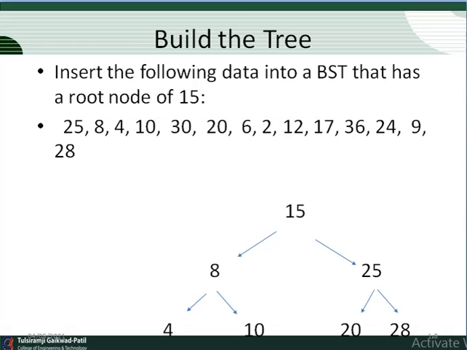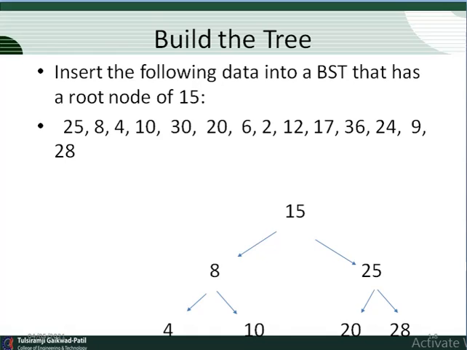Next, how to build a tree that looks like this. If the elements are given such that we insert the following data into a binary search tree that has a root node of, say, 15, and the list of elements is given to you like this. The element which is less than the root node will be kept on the left-hand side. The element which is greater than the root node shall be kept at the right-hand side of